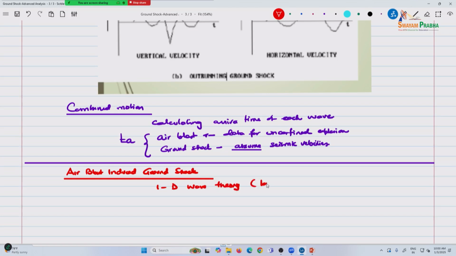This is a longitudinal wave motion. So the P waves that you've seen, and then assume structure with uniform properties. So when you calculate equations, you assume the structure has uniform properties. So given these assumptions,